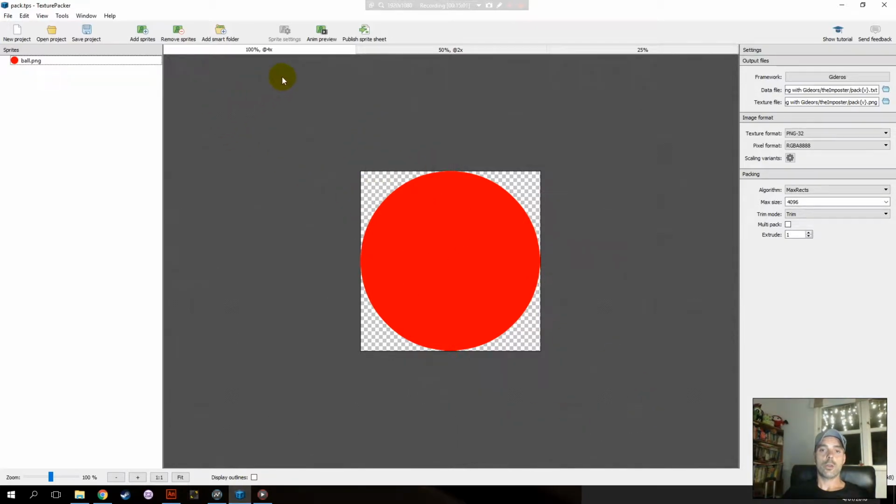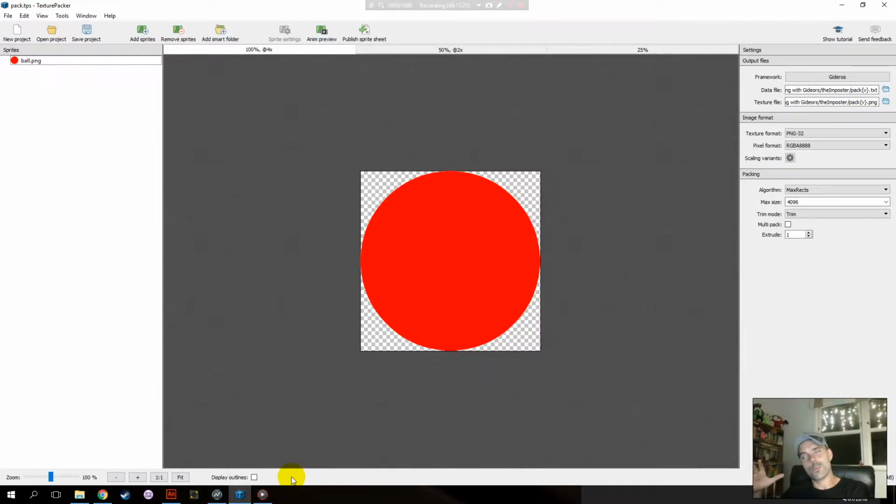You can have 20, 30, as long as it fits inside 4096 by 4096 for the largest, for the at 4x version, okay? Then you try and fit as many images on there as you can, and then you can do multi-packing, and you can use multiple,